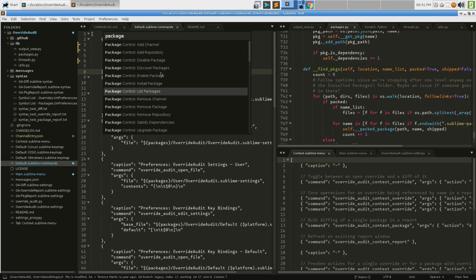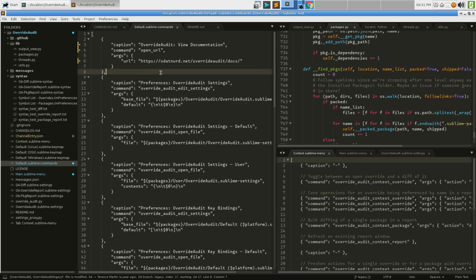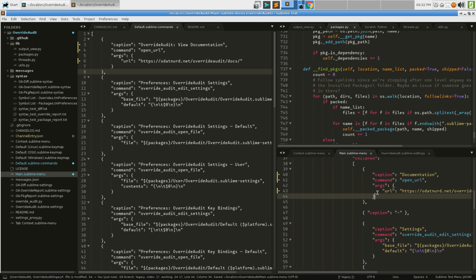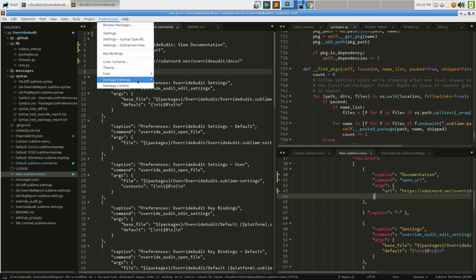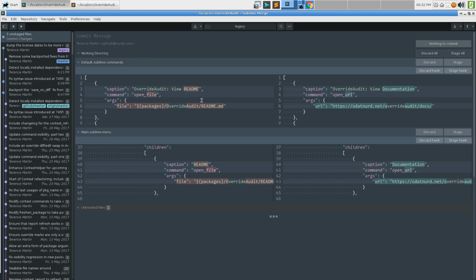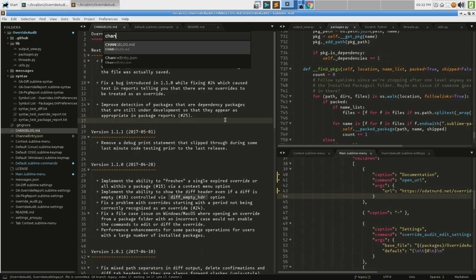Package control. Upgrade package. Anything? That's less interesting. Main.sublime menu. Yeah, we don't need none of that business. So preferences, package settings. Oh, this mouse is twitchy. That's looking like something nice, and that looks fairly clean. That's HTTPS. That's HTTPS. And let's also jump into the changelog